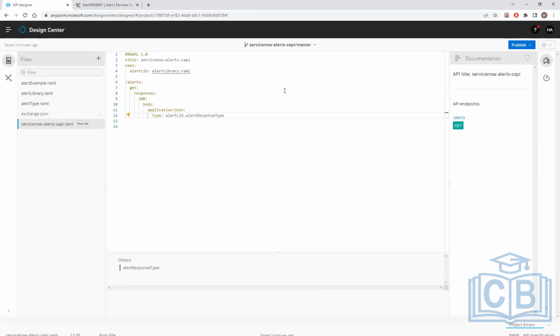The uses keyword is used to import the library. This is a library I'm importing over here. So I am referring to that library's alert response type in this get. Whenever it's trying to do a get, it'll be the body, it'll be 200, it'll be the body, it'll be the JSON. And we're saying that after the JSON, the type is